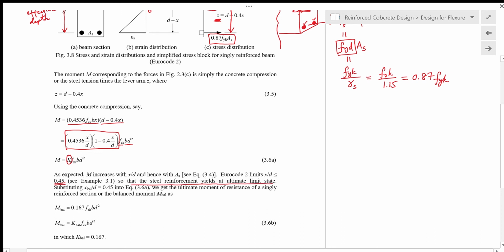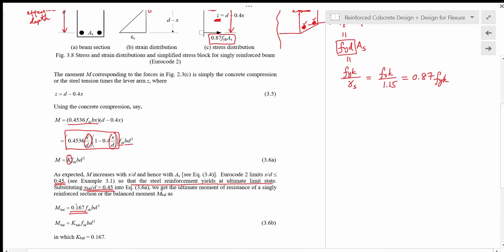So if we substitute x over d, which is maximum 0.45, into this equation, then we'll get the ultimate moment of resistance of a single reinforced section, or the balance moment M balance, as